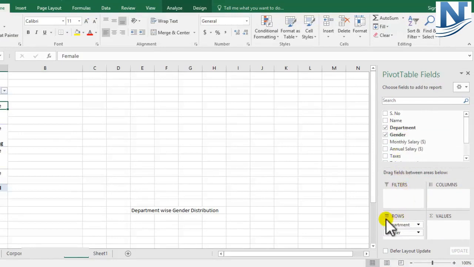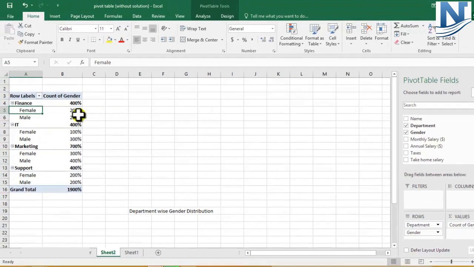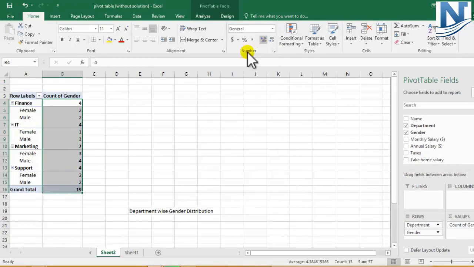Initially gender is present in the row field along with department, but to see the numbers we have to drag it over here in the value field. So no matter even if it is selected or not, you can drag it very easily. Just drag it and leave it. Now let's not make it as percentage, we'll keep it as general format.